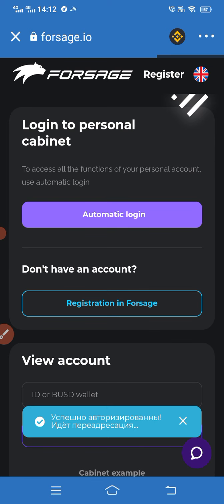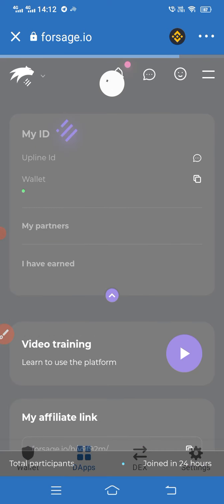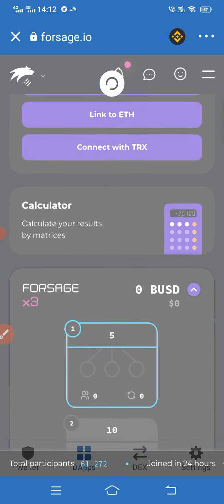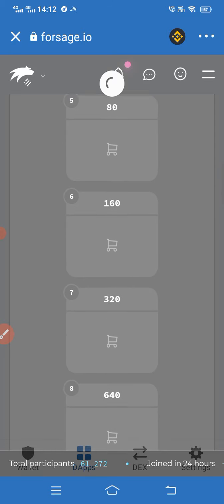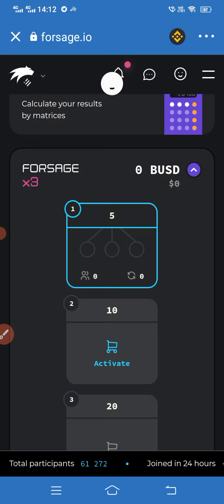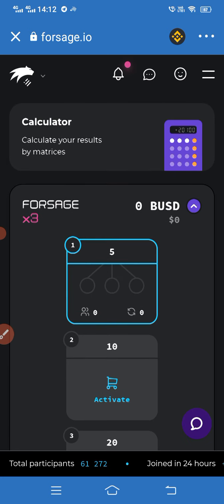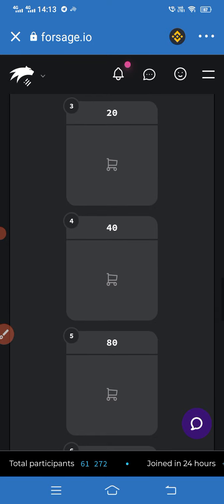My number will come now, 3098. So this is what the Forsage plan is. These are the activation slots. You can activate all this. To run this, you need Binance Smart Chain and BUSD to fill up these slots. You see here, BUSD is here. So wonderful, 12 slots will be there.